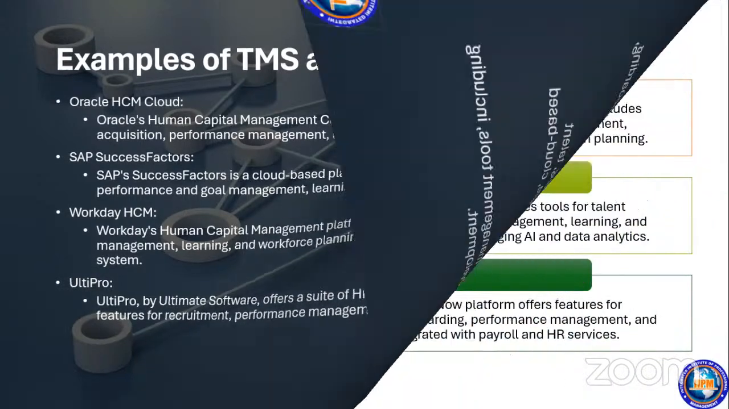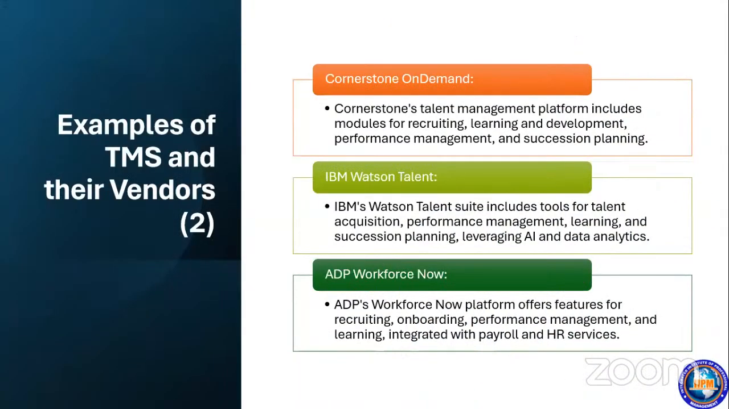Others include the Cornerstone OnDemand. Cornerstone's talent management platform includes modules for recruiting, learning and development, performance management, and succession planning. Another one is IBM Watson Talent. It's a suite that includes tools for talent acquisition, performance management, learning and succession planning, leveraging AI and data analytics. Another one is the ADP Workforce Now. The ADP Workforce Now platform offers features for recruiting, onboarding, performance management, and learning, integrated with